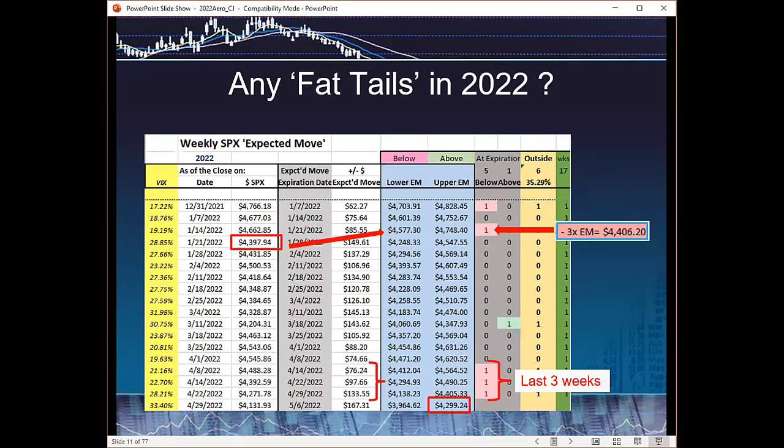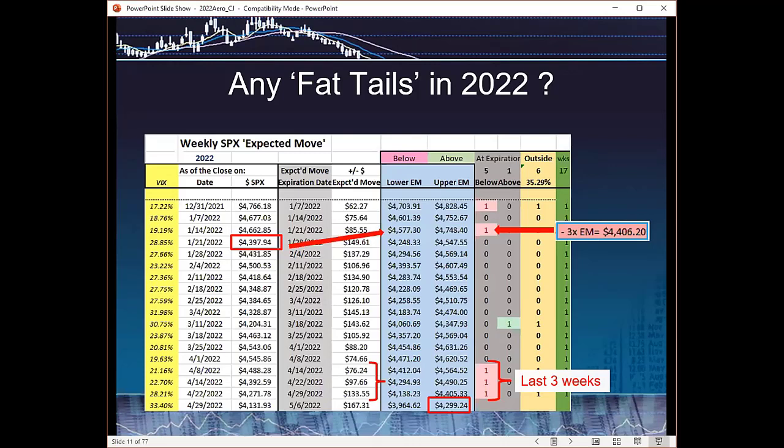So 3 weeks in a row of closing outside the one standard deviation would make a pretty tough market to trade if you're an option seller. It's a heck of a great market to trade if you're an options buyer. What it means when the S&P closes outside of the expected move is that the options market was underpricing actual risk. The opinions of the options market participants underpriced the actual risk for that week. You don't know that until the week is over.